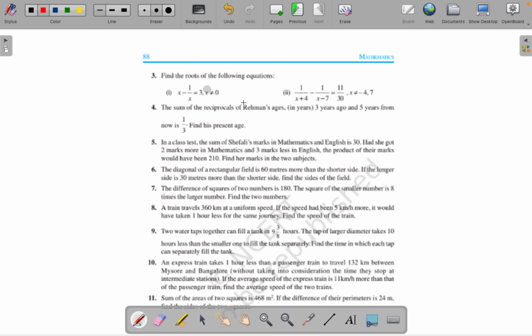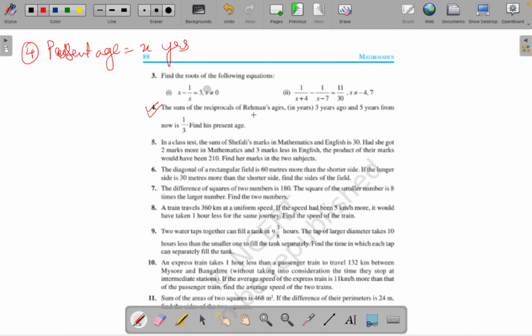Now, again, these age related questions I've already told you in the previous class. So I will just form the equations quickly. I told you always the present age has to be taken as x years. So